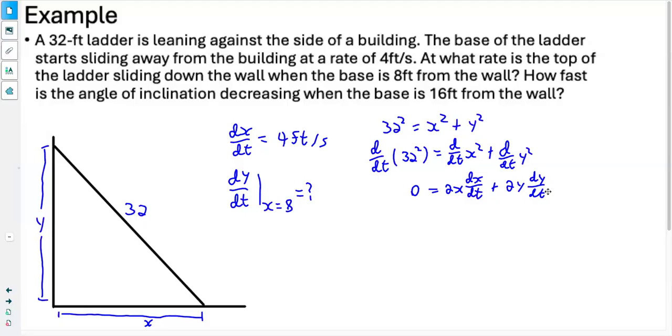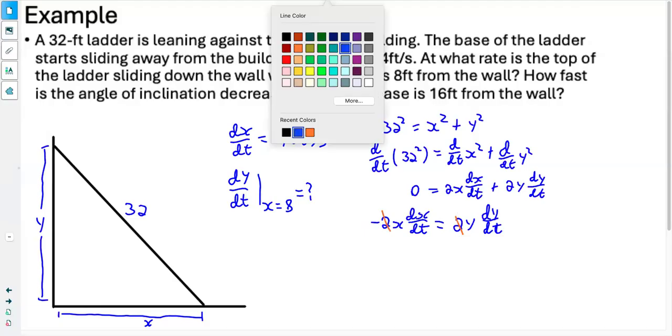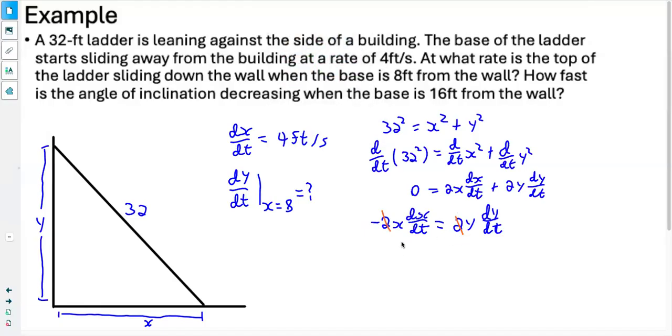So at this point, we want to rearrange to get dy/dt on its own. So I'd start by moving this term to the other side. So we've got negative 2x dx/dt equals 2y dy/dt. Now, what you'll notice is both terms start with a 2, so we can cancel the 2's out. At this point, I would divide by y, so it gives us negative x over y times dx/dt